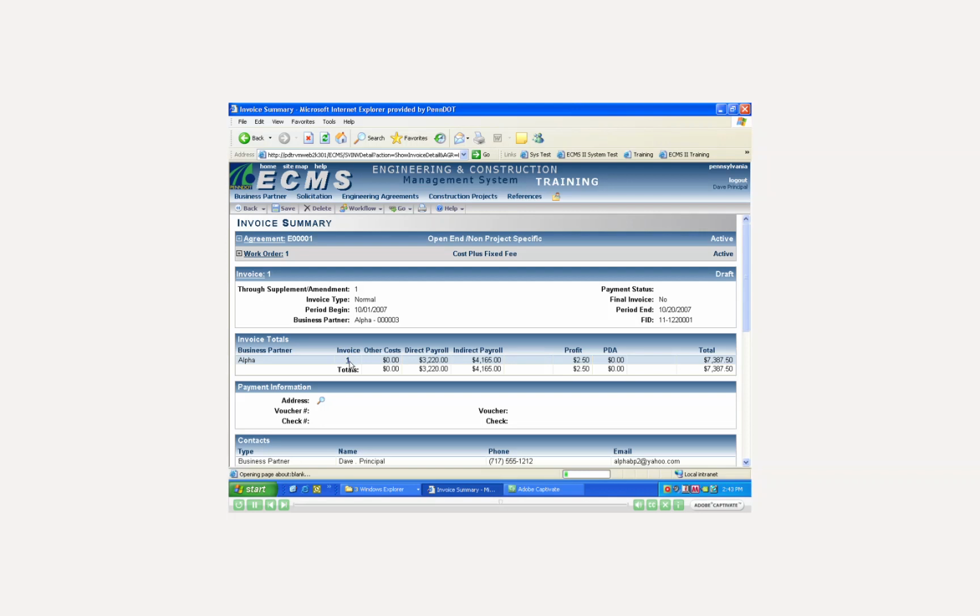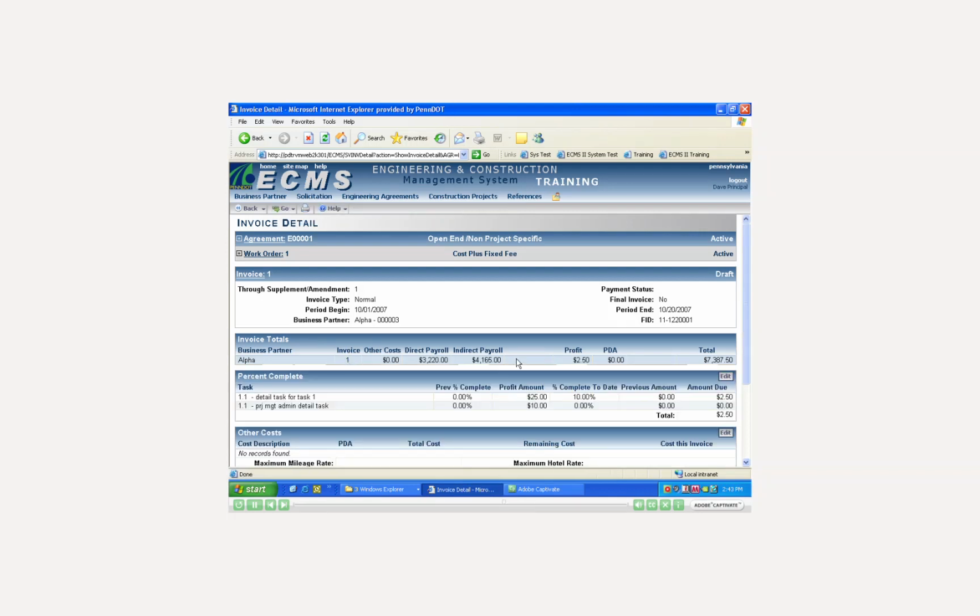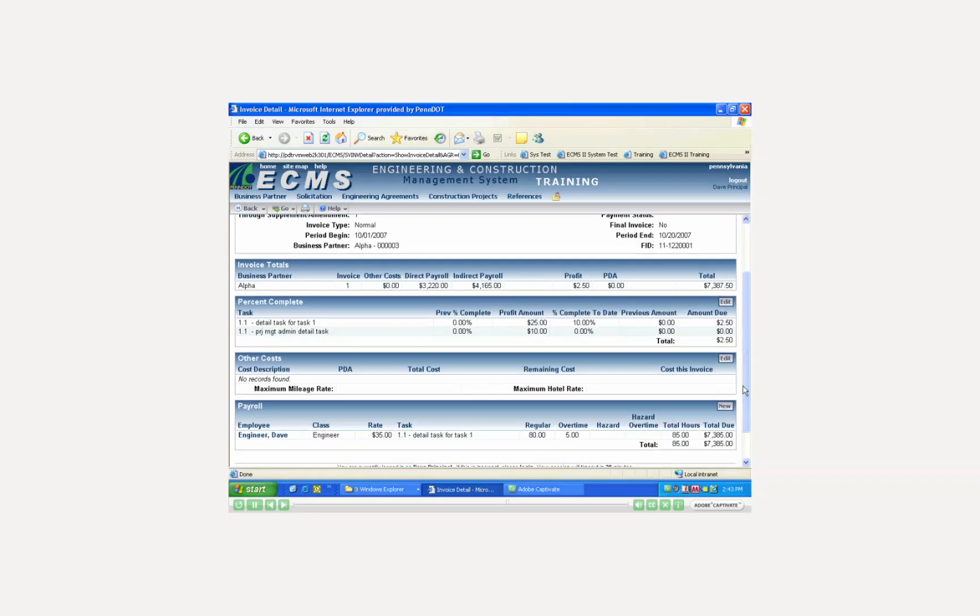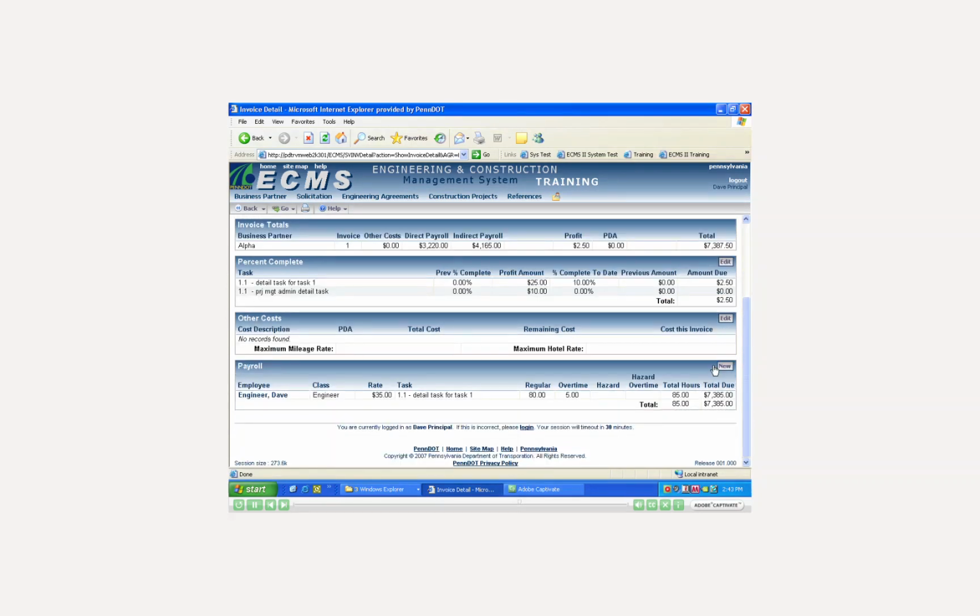So I'm going to click on Invoice 1 in the Invoice Totals heading. Here I can see the invoice totals, the percent complete. Here I can edit that information by clicking the Edit button. Other costs, I could add an other cost by clicking the Edit button. And also payroll, so I can enter in new payroll here as well. I'm going to go in and click the New button here